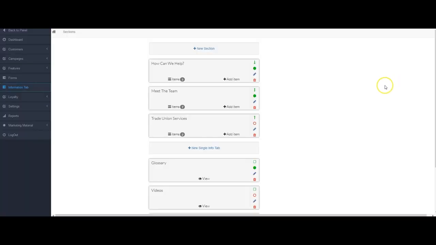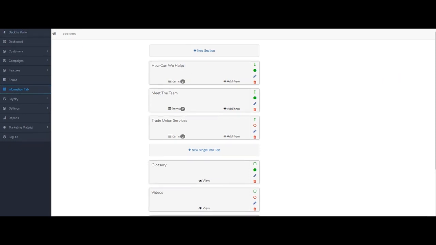Hey guys, today we're going to look at the Info tab and how to use that in our platform. So I'm looking at one that's already set up in one of our apps, and how it works basically when